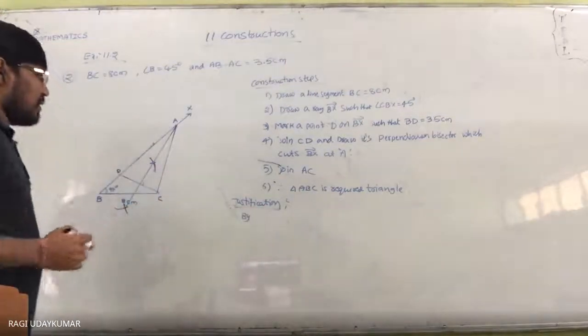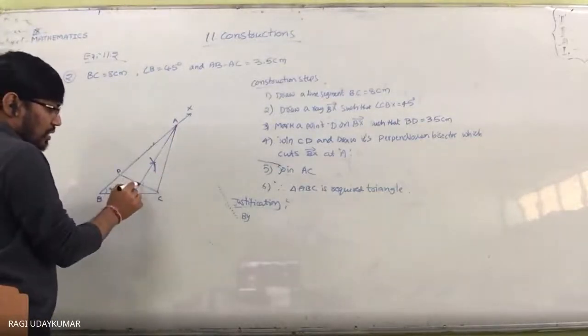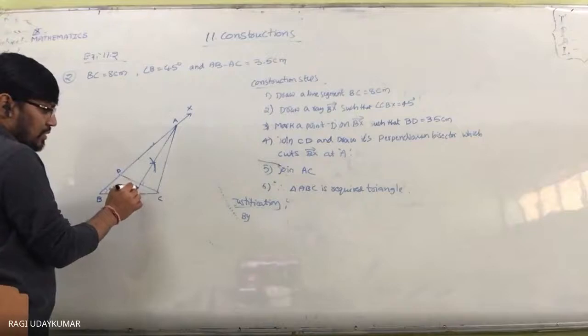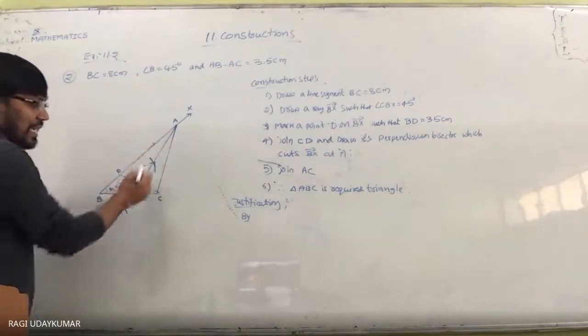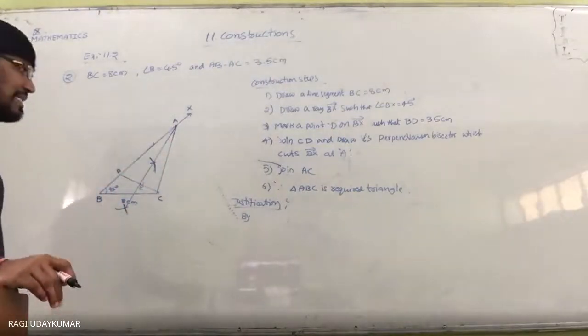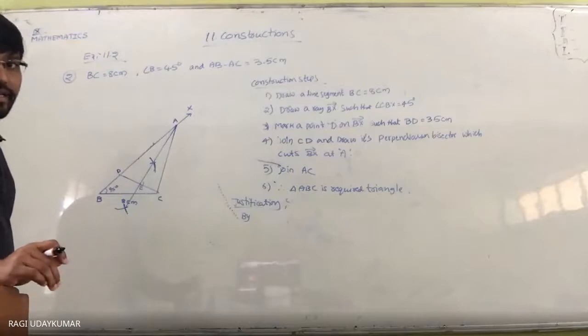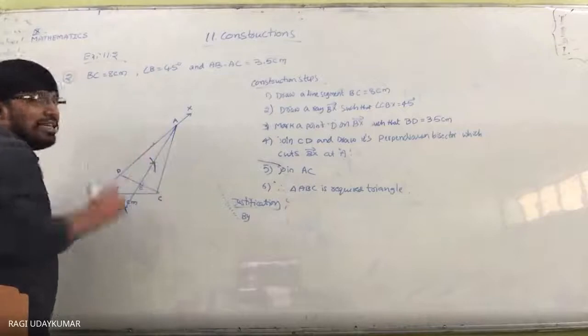See here, whenever you observe that this is a perpendicular bisector. So if you consider this point as some other point E, triangle AEC and triangle AED are congruent triangles by SAS congruence, not RHS congruence. So from that you can say that AC length is equal to AD length.